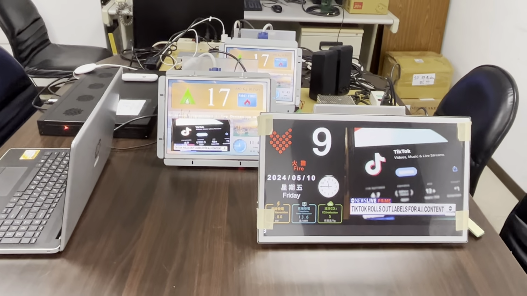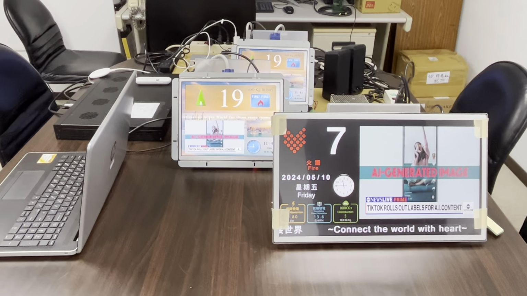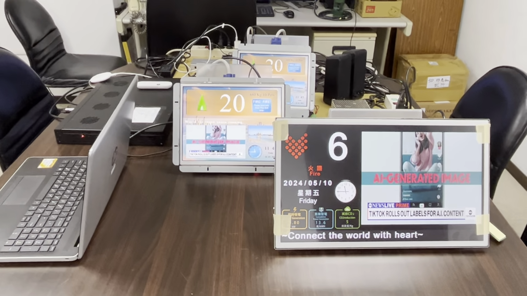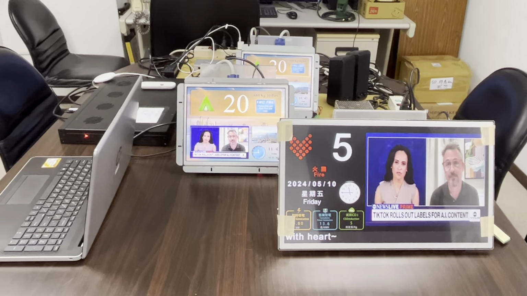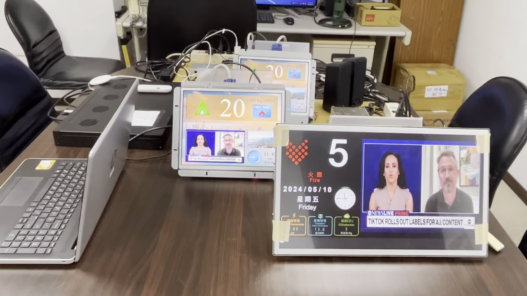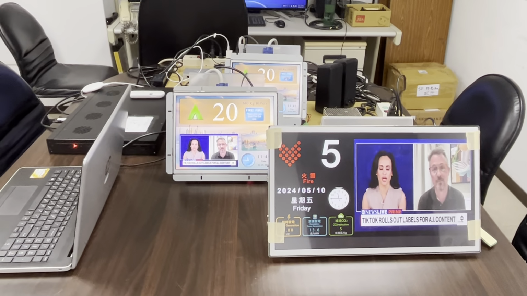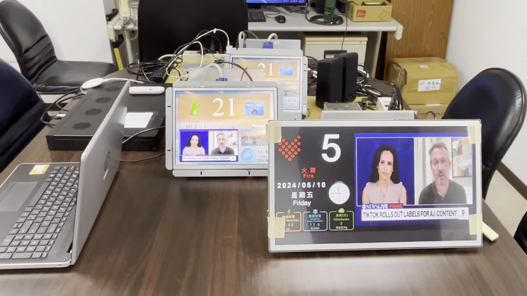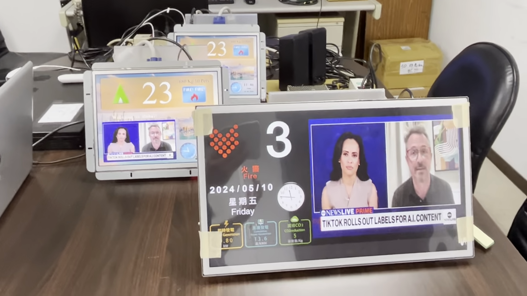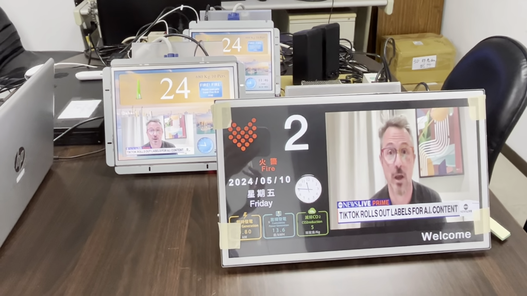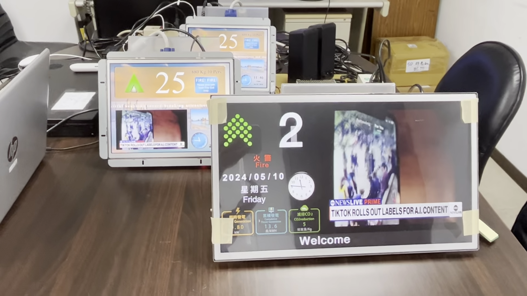Hello everyone, I think it's time that we update our multimedia displays video. Today I'm going to introduce a new LCD size coming into our multimedia series, which is the first one. It's 16:9 ratio, okay,